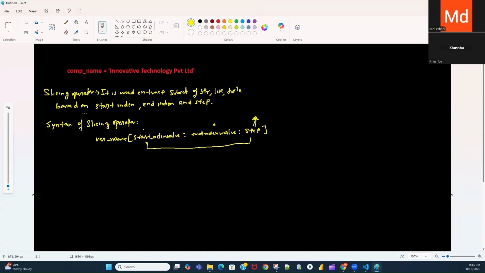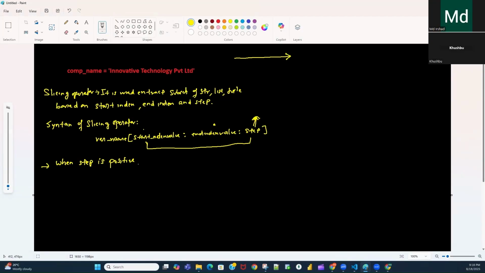So the main thing is the step. There are two types of step values: either a positive value or a negative value.